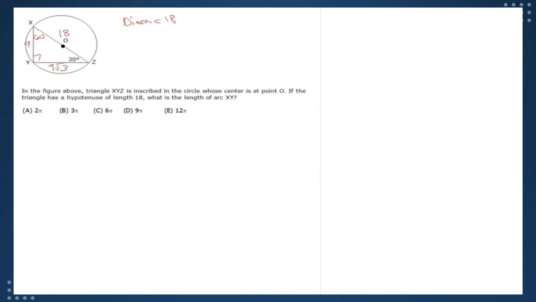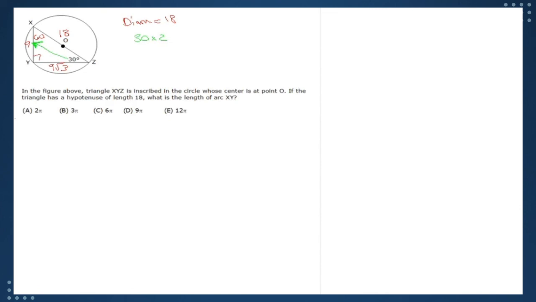The last component of this question, though, is it's saying that the length of arc XY is what we're looking for. Now remember, that's arc XY. What you'll notice is that that arc is opposite a 30-degree inscribed angle. Because it is inscribed and it is not central, the proportion slightly changes. And it changes to doubling the inscribed angle. Just because we don't necessarily have the time, I'm not going to get into why. You can definitely read about this, though, in a geometry chapter.